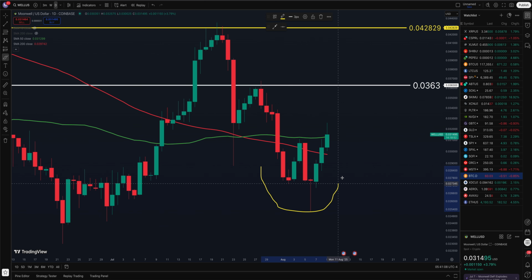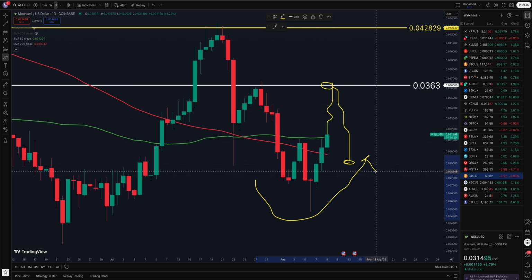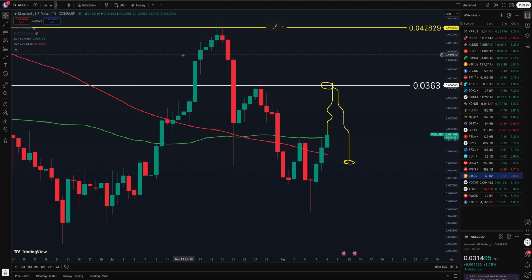Is this 100% a change in trend back to the upside? Not quite, but it's very close. So I guess one of two things will play out here. This market's either going to continue to pump, probably up to 3.63, find resistance, and then pull back, and we'll see that higher low. Wherever that higher low comes in, that's when we get that complete change in trend. Now, it doesn't always work out like that.